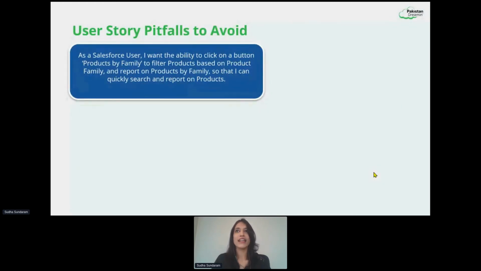So this is something that I have seen through experience and I wanted to share with you all. These are general user story pitfalls to avoid. I'm just going to give 30 seconds for everyone to go ahead and read this particular user story that you see on my screen as I read it aloud. So as a Salesforce user, I want the ability to click on a button, products by family, to filter products based on the product family and report on products by family so that I can quickly search and report on products. So when you look at this,